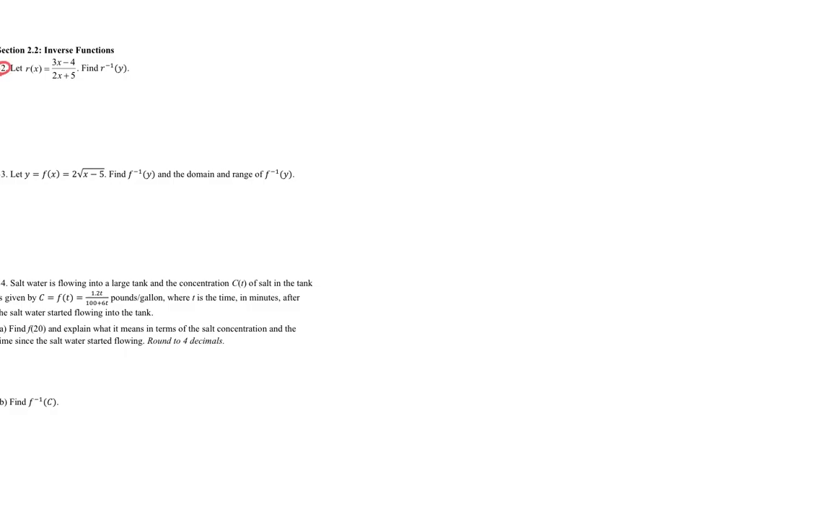Okay, so for 32, let r of x equal this function, find our inverse in terms of y. So whenever you find an inverse, generally you can think about solving for whatever variable is normally here. So for this one, we have our function r of x equals 3x minus 4 over 2x plus 5. So if we solve for x, we should be able to get the answer,